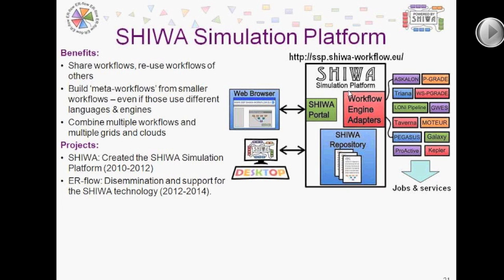a desktop environment and a large number of workflow systems. These systems on the right side are different workflow interpreters, different workflow languages. Each of these engines is able to submit jobs or invoke services which is specific to that domain. What the Shiva platform does is that it includes adapters for each of these systems and makes these systems able to communicate with each other. What this means is that using a Shiva repository, users can develop workflows and share workflows